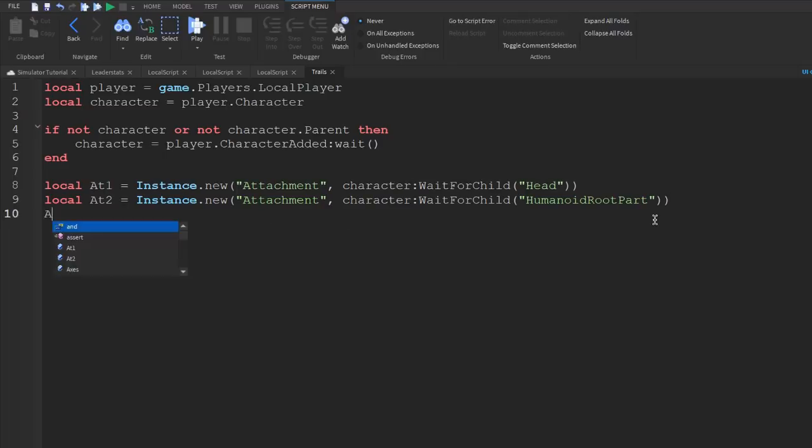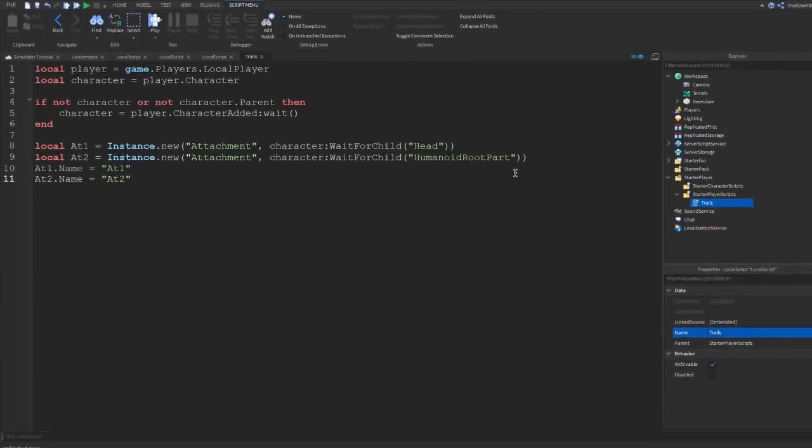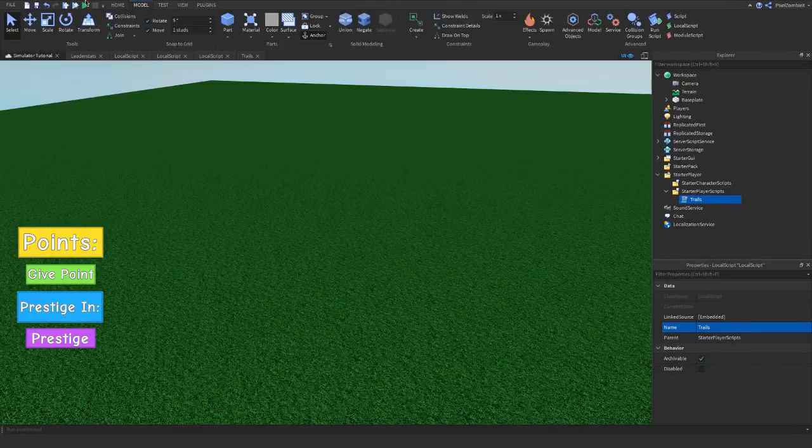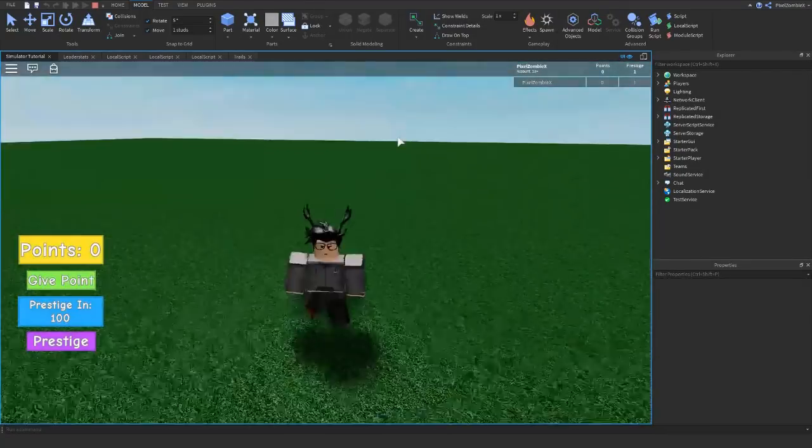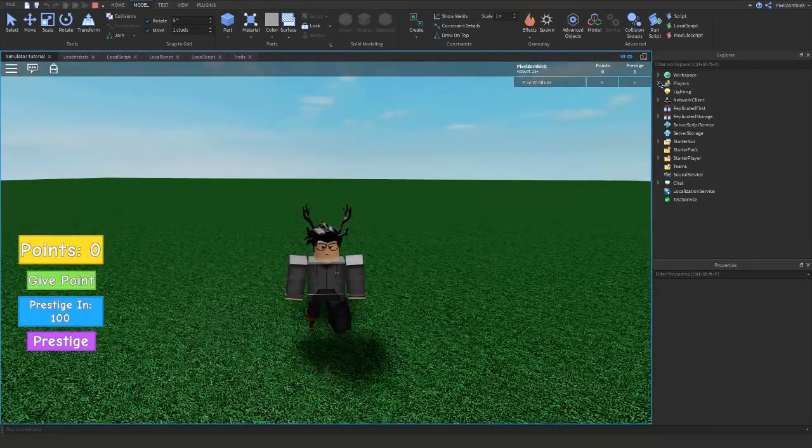And then we're going to change the names to AT1 and AT2. So, to test this out, you can go ahead and click on the test button, that's what it's called, and we're going to test our thing. Alright, and now we're in game, so we can go ahead and test it to see if